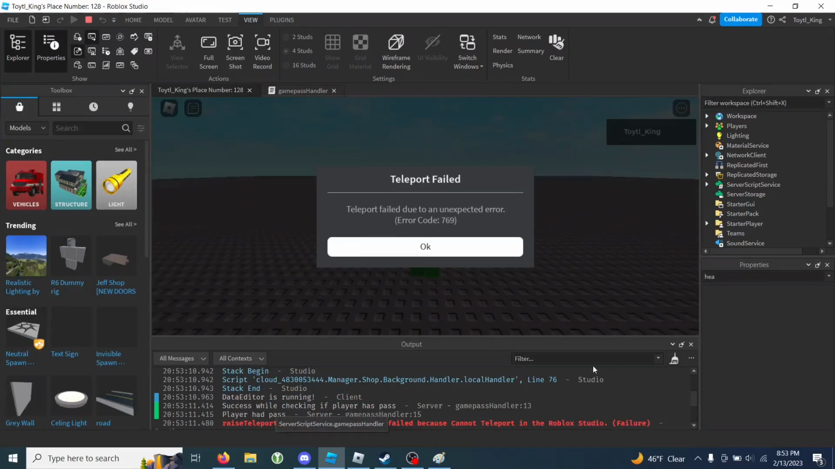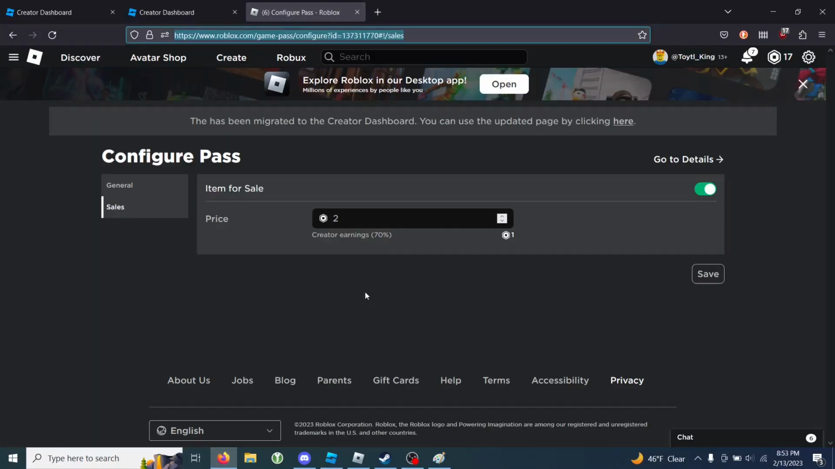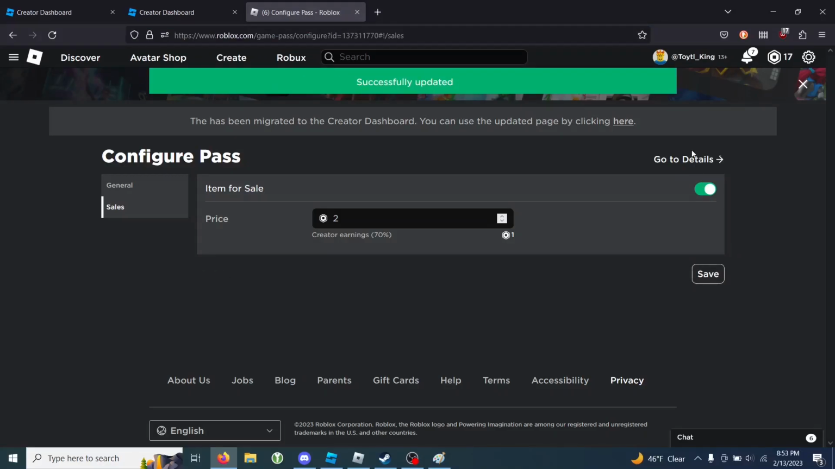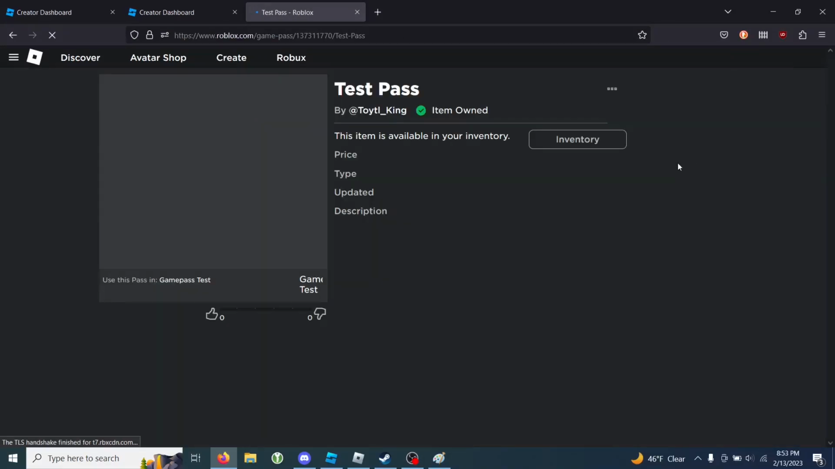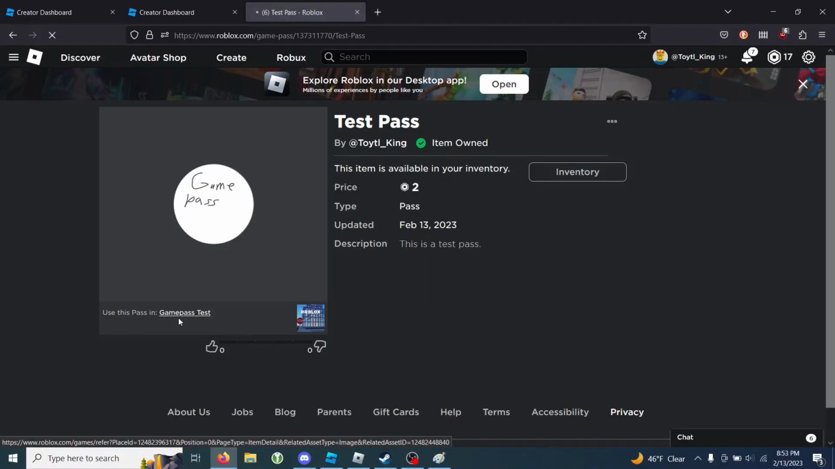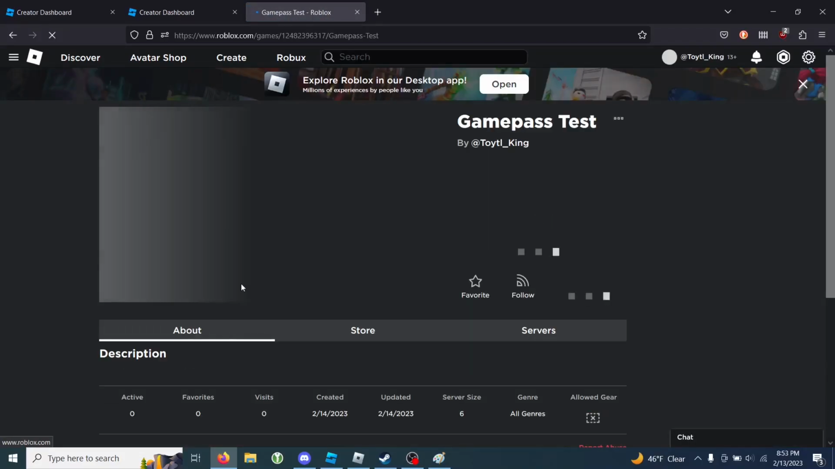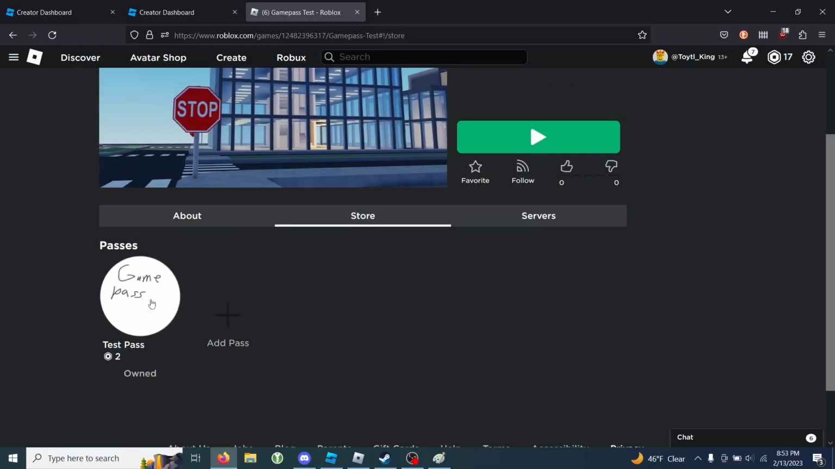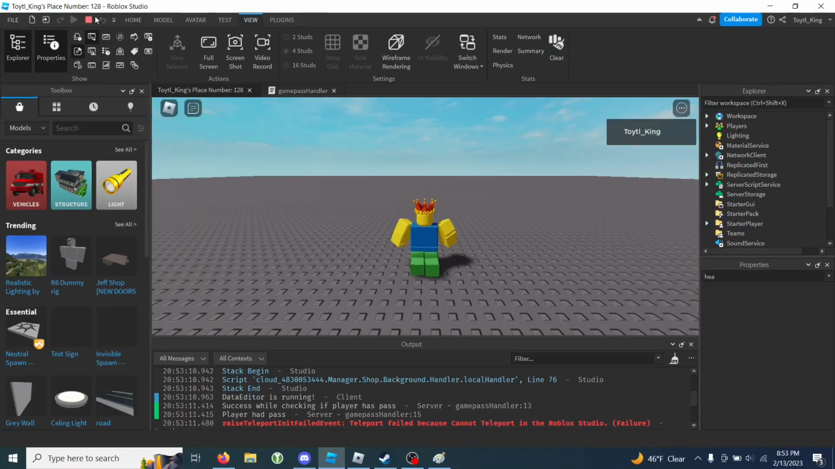It says we have the pass, which we do, because whenever you make a pass, you have it just by default. So if we come back to our game, use this pass in the Game Pass test, it shows, because we have made the Game Pass, it will show that we have the Game Pass owned. Now if we come back to our script,